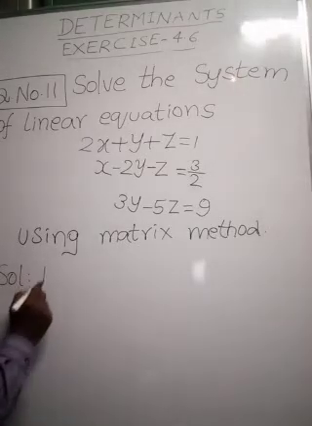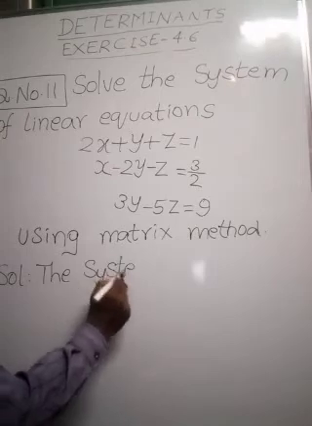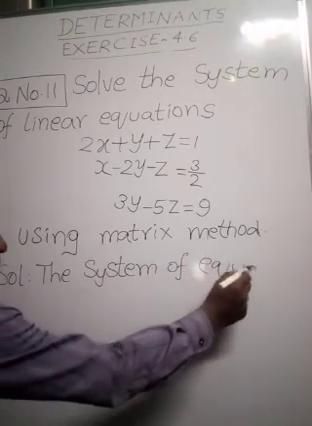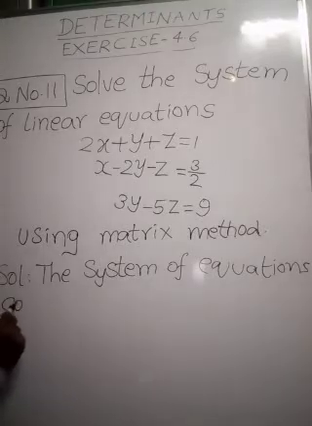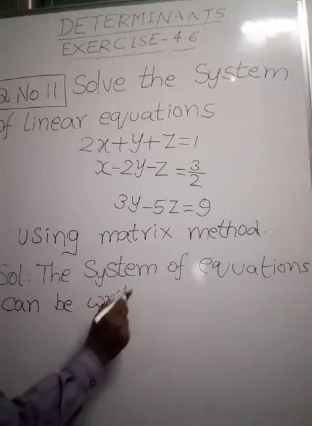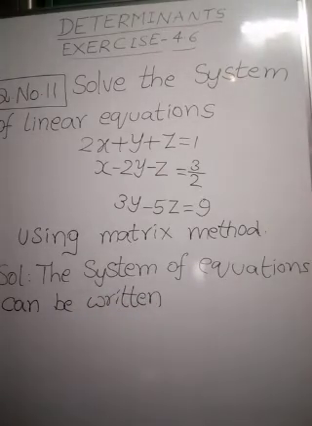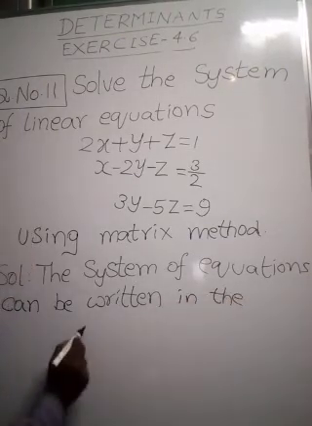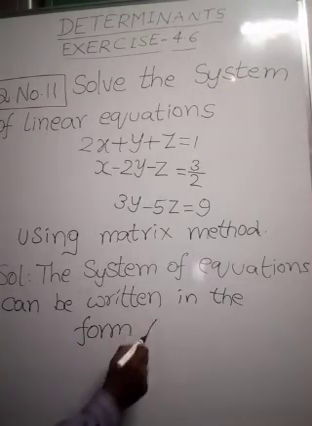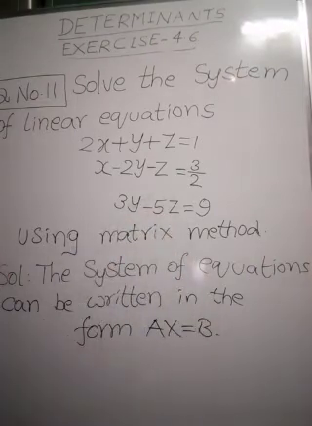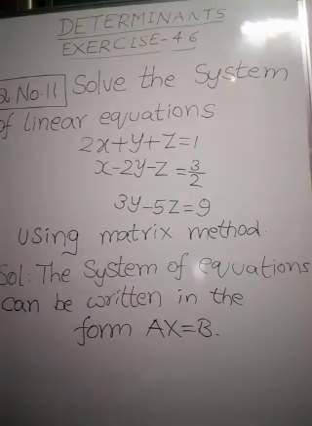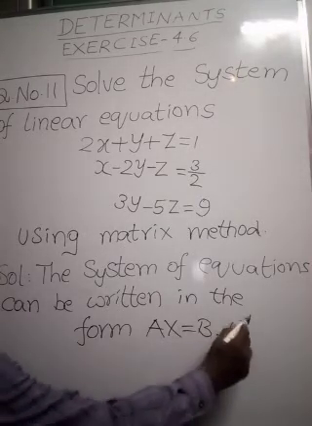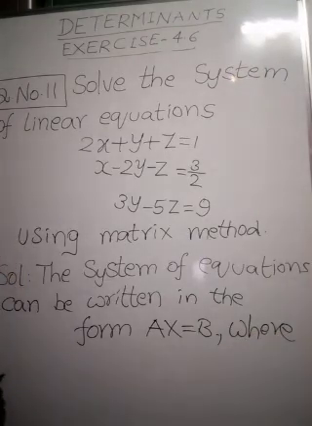The system of equations can be written in the form AX is equal to B. We have to write the given system of linear equations in the form of AX is equal to B, the matrix equation form, where A is equal to